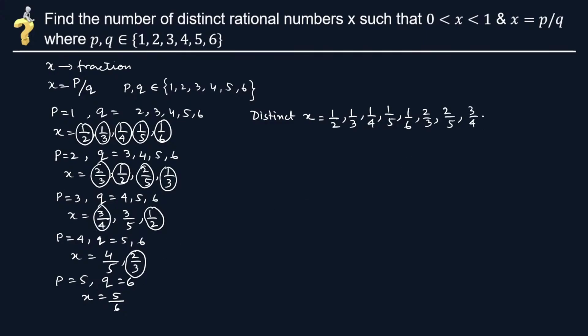So it's 3/4 here. 3/5, 4/5, 5/6, they are all distinct. So how many distinct x are formed? These are 1, 2, 3, 4, 5, 6, 7, 8, 9, 10 and 11. So 11 such distinct